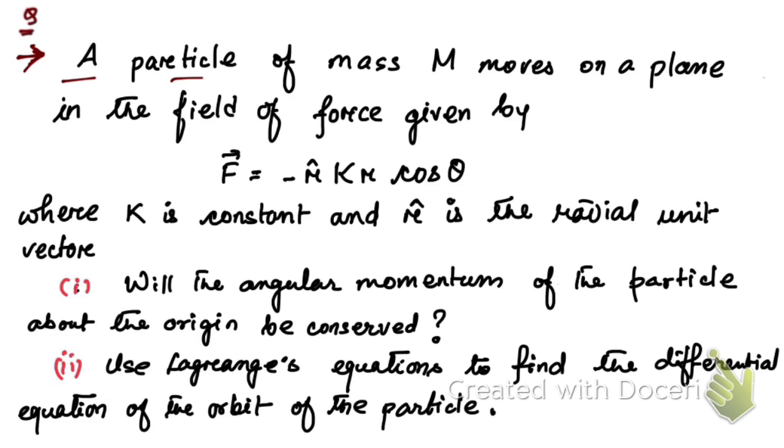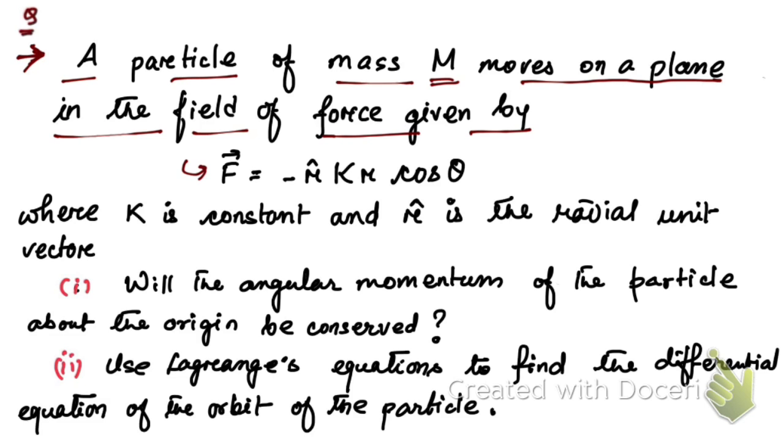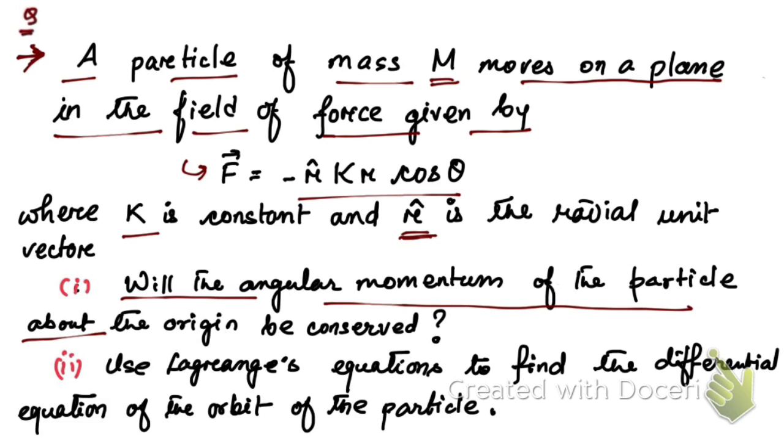A particle of mass capital M moves on a plane in the field of force given by this force. This is the central force. Here K is constant, r cap is the unit vector along the radius. Will the angular momentum of this particle about the origin be conserved? We have to answer this,